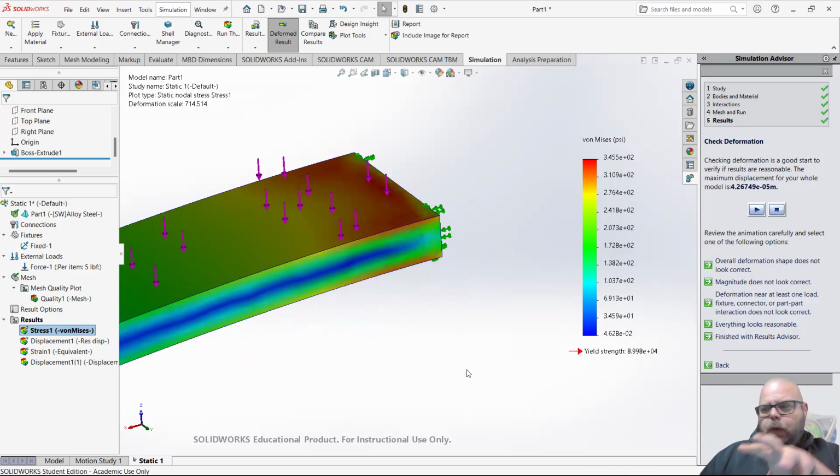What we can do, though, I won't do it in my head. I'll grab the calculator. Why not? So the ratio of where we actually are to the yield strength, 8.99880 is our yield strength divided by the 345.5 we see. That is going to get us what is called a safety factor, right? The safety factor is